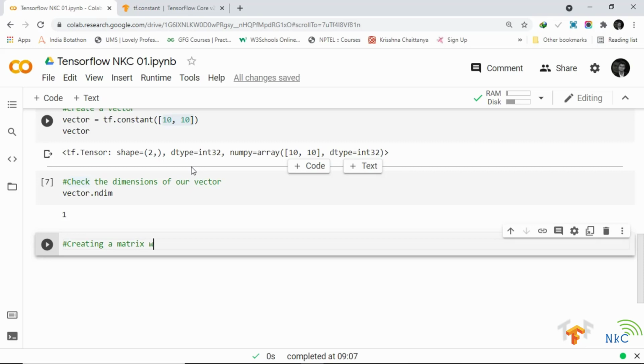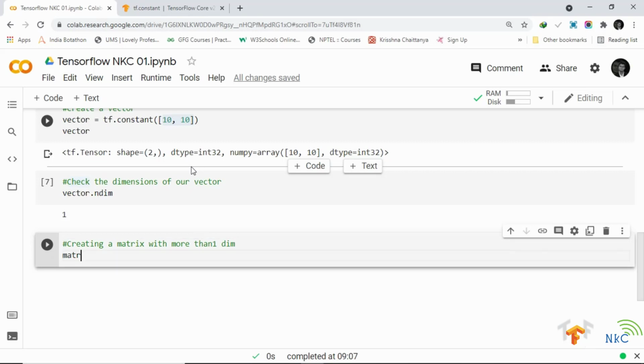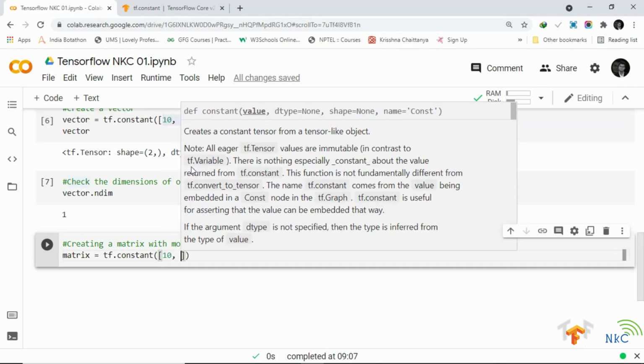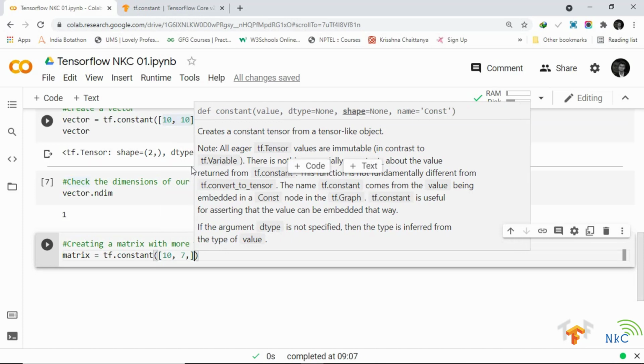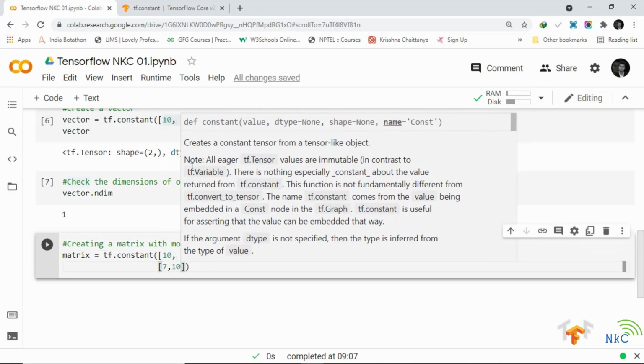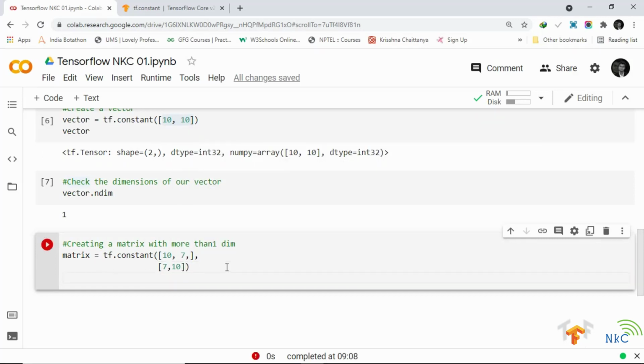Let's keep going. Create a matrix. So a matrix has more than one dimension, right? Again, if these terms are unfamiliar for now, we are going to get very familiar as we go along. So for the matrix, we want to go 10, 7, and then 7, 10, my favorite numbers. Have you ever played poker?